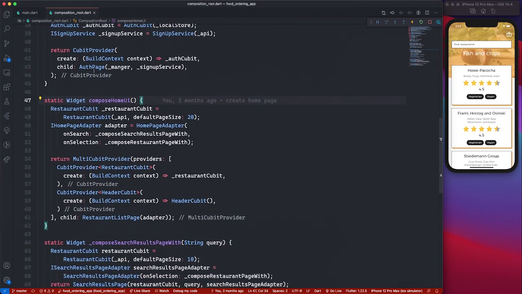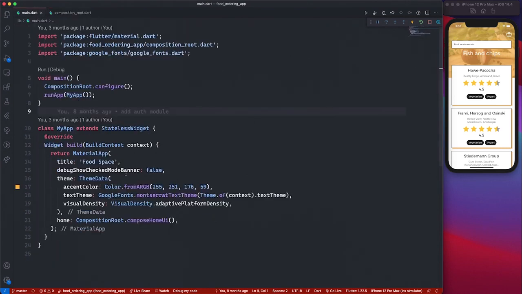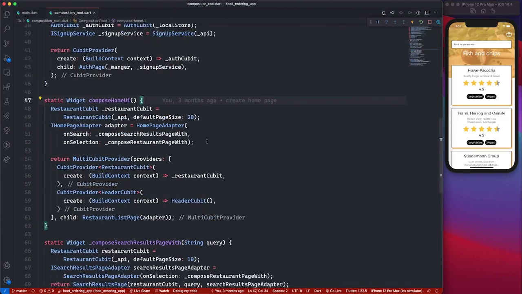So now, inside of my main, I am only composing the home UI, which is displayed now in our simulator. So what I want to do is, instead of displaying the home UI, I want to go inside